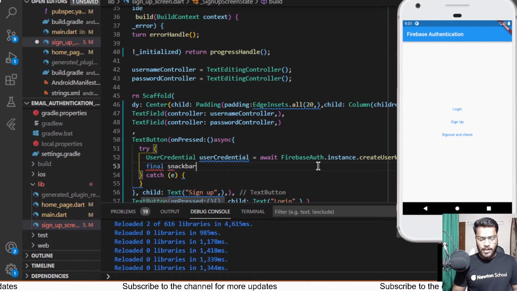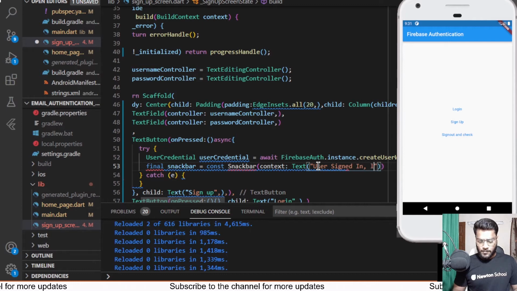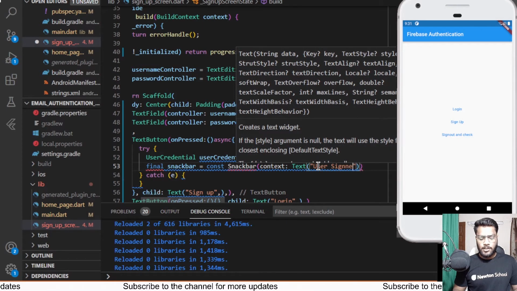So final snack bar, and it would be a const having the snack bar attached to it, and this snack bar would be having a content which would be equal to a text saying user signed in. Oh, we are signing up, so user signed up,